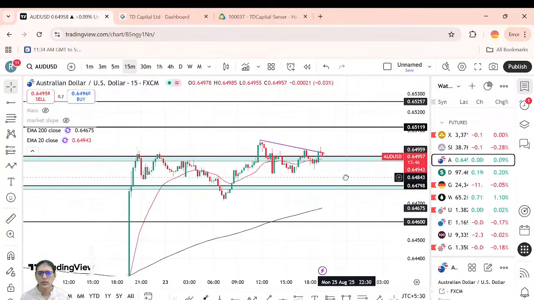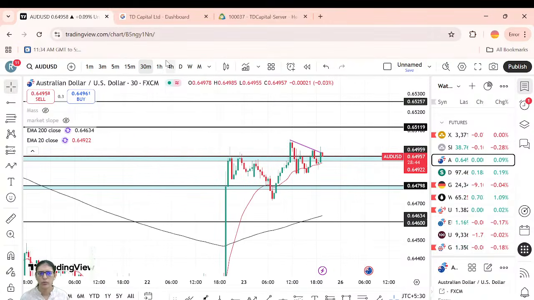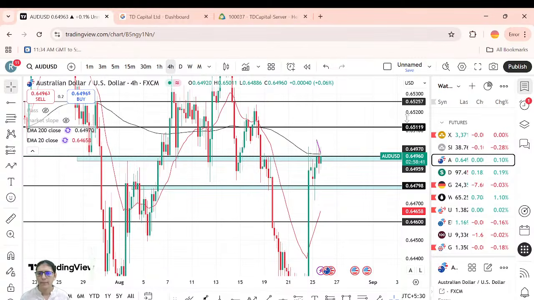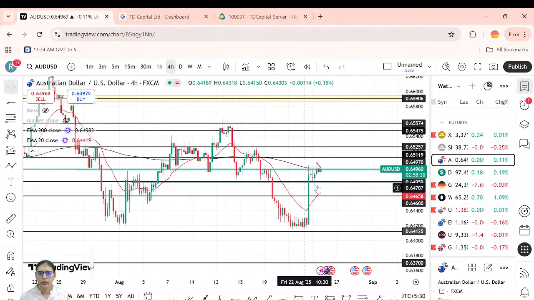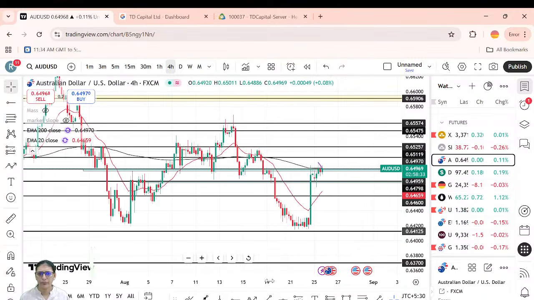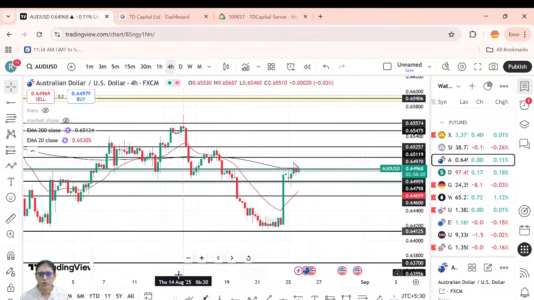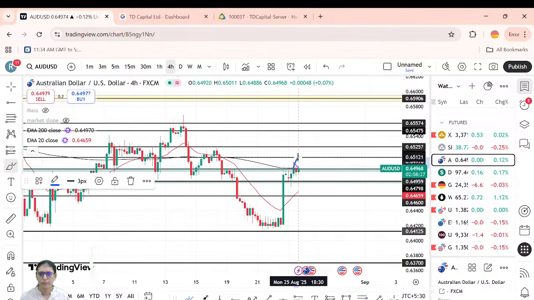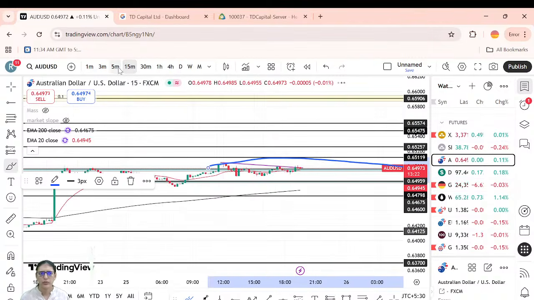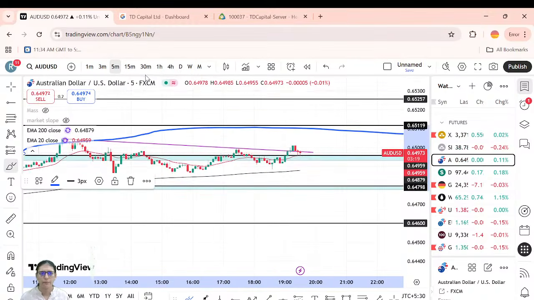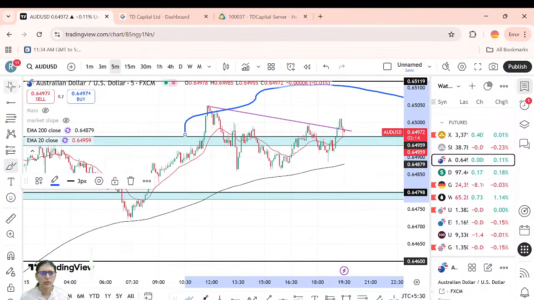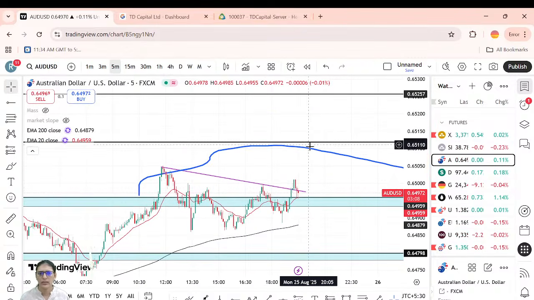Now see, AUD/USD is also in time correction mode right now. Wait for a breakout of this area in bigger time frame, but a rejection is also possible from here like this. 1 hour, 30 minutes, 15 minutes, 5 minutes. This is AUD/USD. So yes, in smaller time frame, we could get a breakout. From smaller time frame, we could get a breakout of this trend line till here.